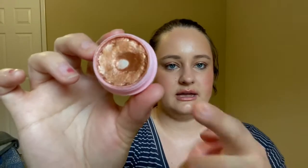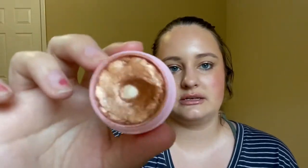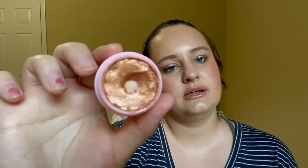You can tell I was kind of starting to go this way a little bit. I do have it on today, but then I topped another shadow on top of it. Yeah, and I do really like this color. It's just, I already have pan on it. I've already gotten pretty good use,